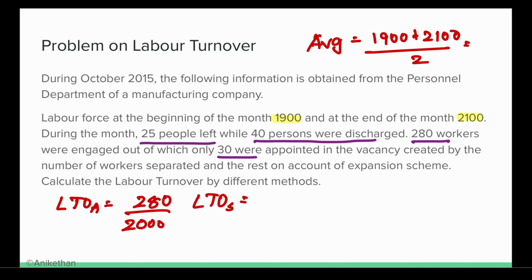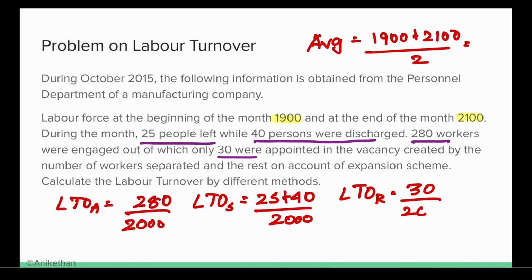Total separation was 25 plus 40 divided by 2000. Next, labor turnover based on replacement. Totally 30 were replaced, so 30 divided by 2000. If you want to calculate the flux method, you have to take half of addition and half of subtraction. So labor turnover by flux method would be half of addition is 280 plus separation is 65, and denominator you